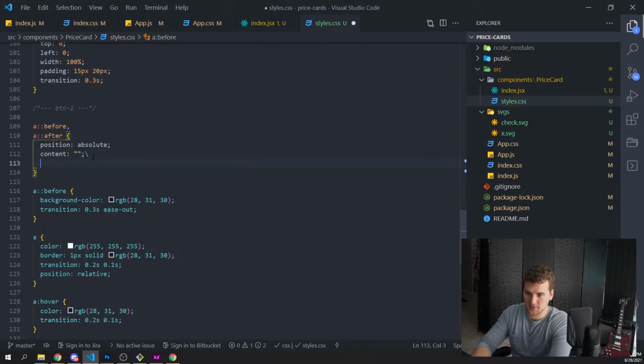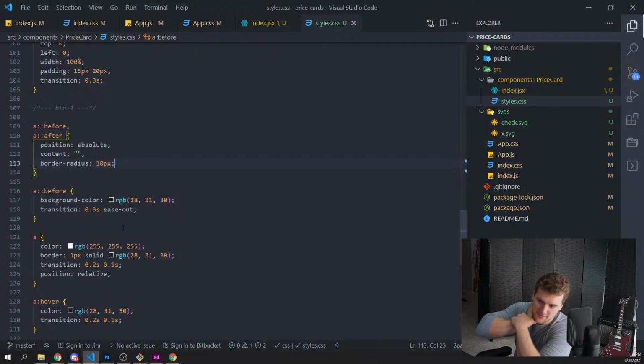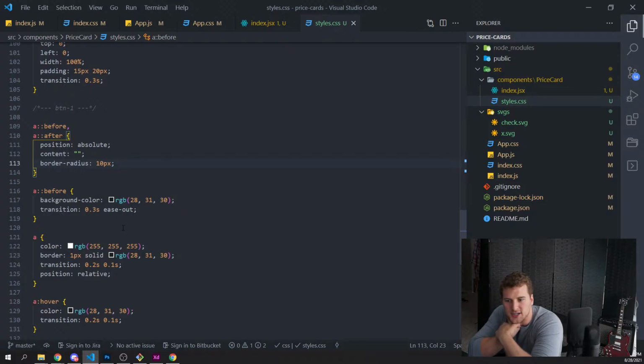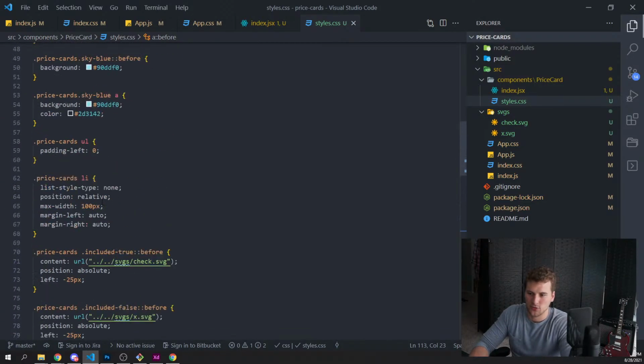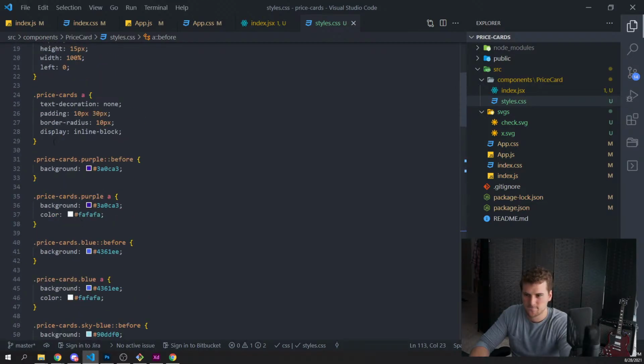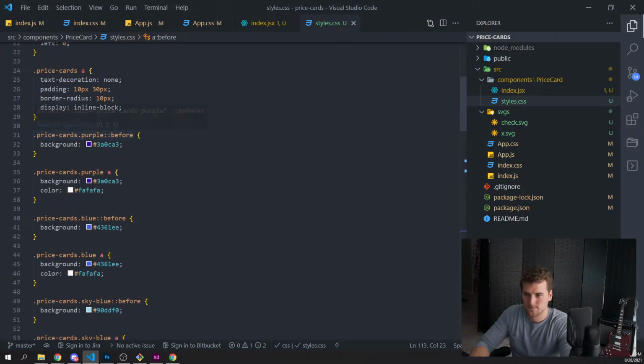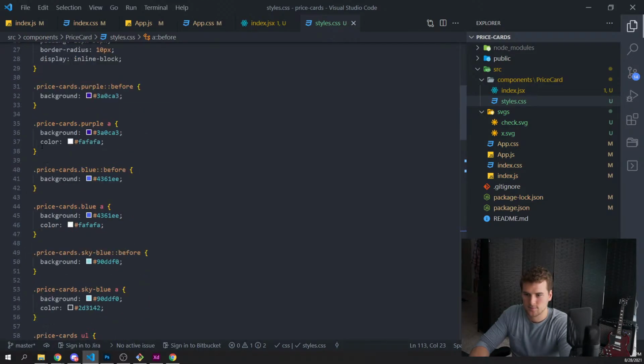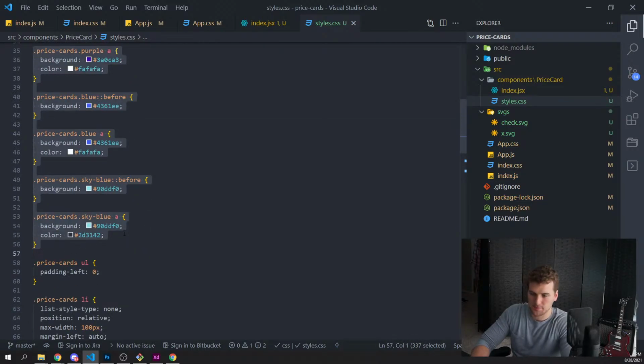And then on these, we need border radius of 10 pixels. And then we need to adjust the colors. Ah, that's going to be a lot of color adjusting because we have 3 different button colors. Oh well, we got to do it. So we'll grab our button color stuff here.